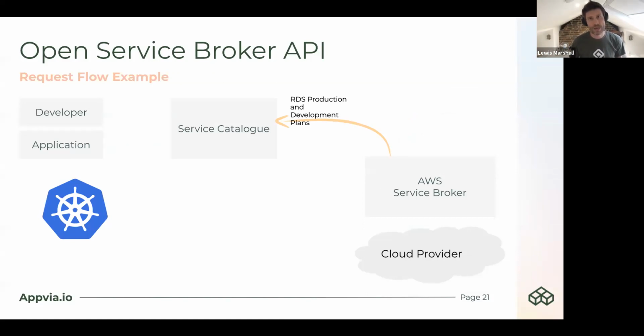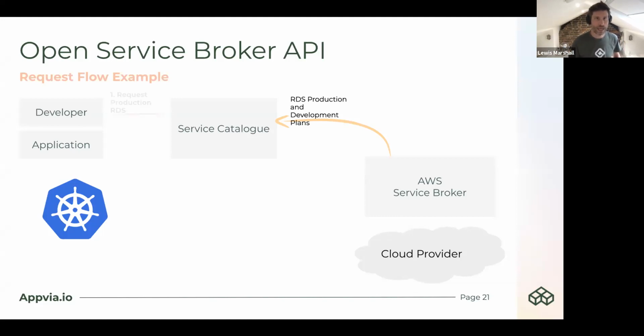We have the service catalog, which is the Kubernetes project, getting service plans from, in this case, the Amazon Web Services service broker. Now that publishes those plans to the service catalog, if you know what you're doing and you know what those plans contain and you know how to operate them.